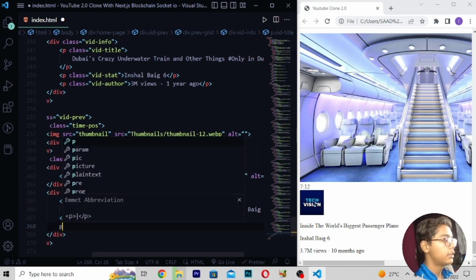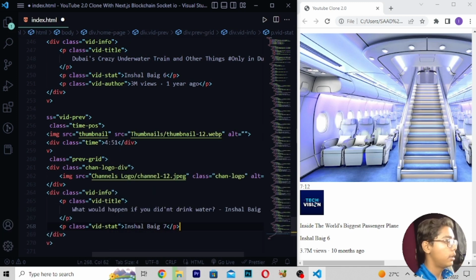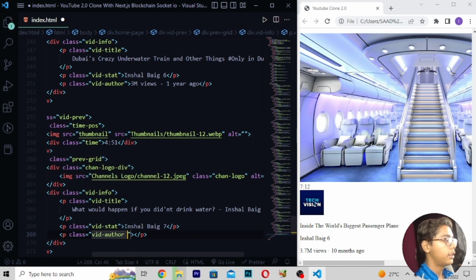Then when you've written this, here I will be writing this, and then right here with stat, and then I will be writing here 7. So right here I will be writing here like this. Then you have to move down right here div class, then I'll be writing with author like this. Then here I will be writing 12, so here I'll be writing 12 million views. Then right here dot, pasted right here 5 years ago. Then when you've written this thing, here I will be saving this.